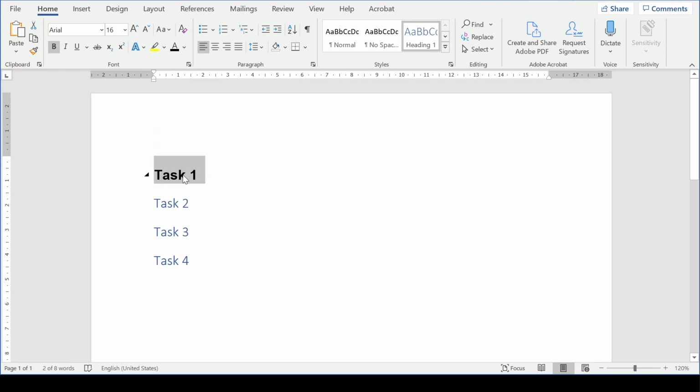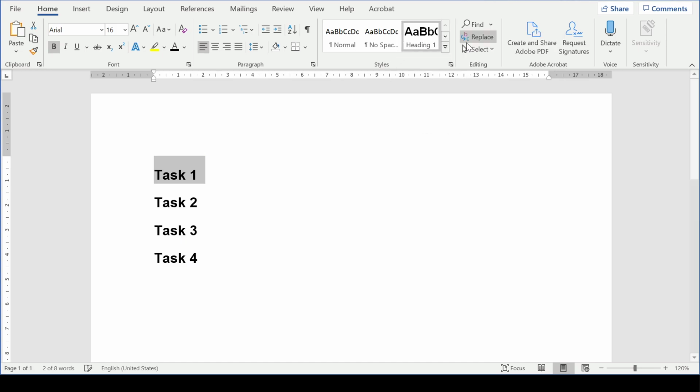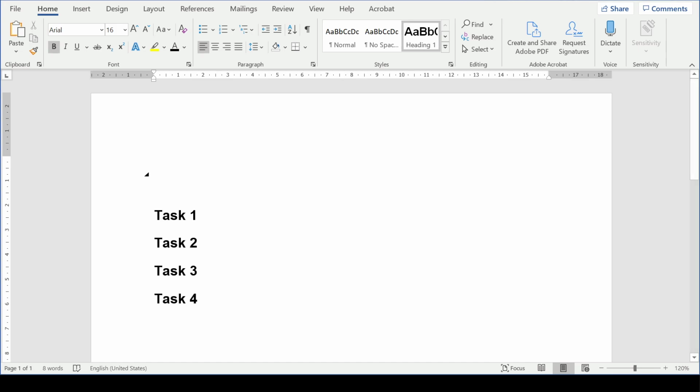I don't need to do that on all of them, because what I have now, if I highlight this area and then right click on Heading 1 and update Heading 1 to match selection, you now find that all the Heading 1s I create will be in that format. So having now created all of these headings, I now need to make a